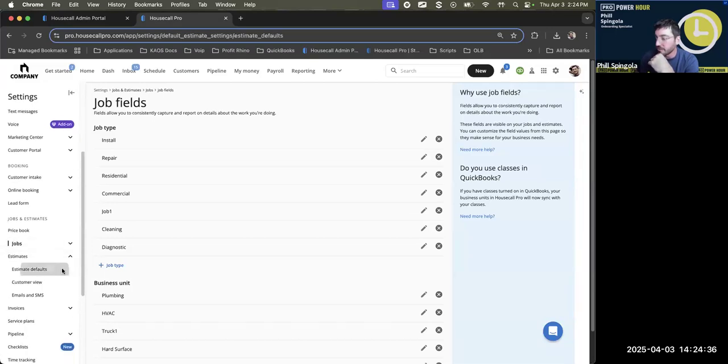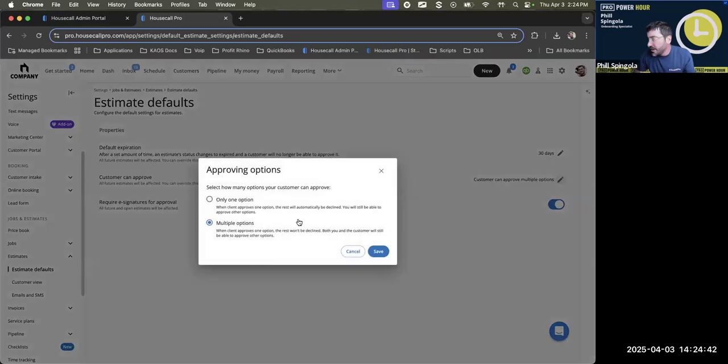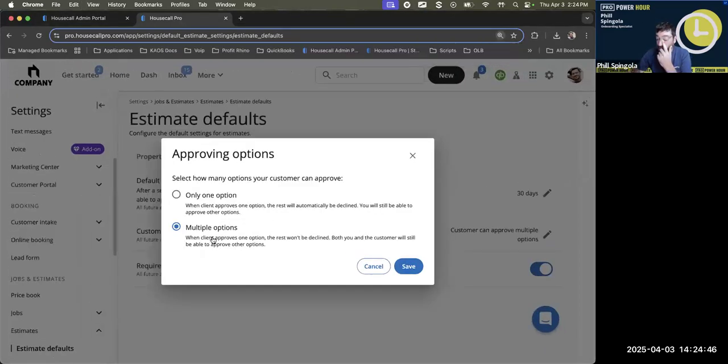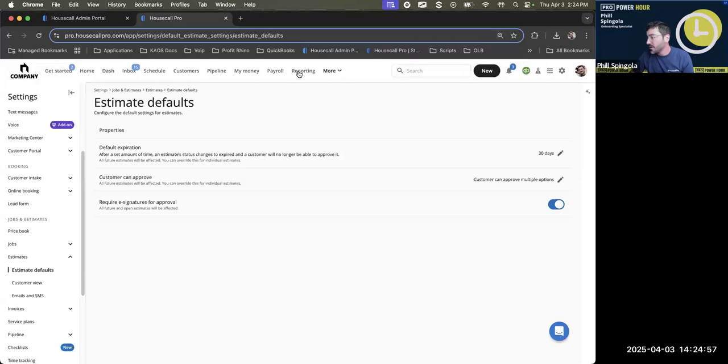There is estimate defaults, and down here we have customer can approve, and we have the option of whether we want to allow them to approve multiple options or only approve one. Again, this is just setting up the default. So my default, I'm going to keep it as multiple options. Now, if we go ahead and create an estimate,